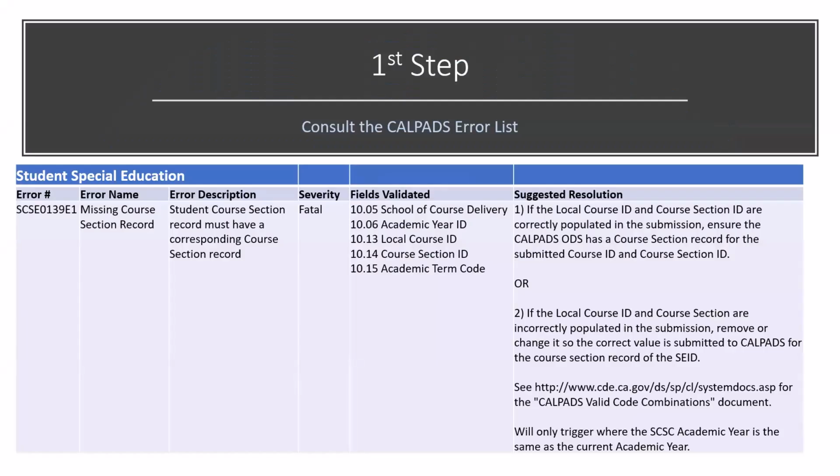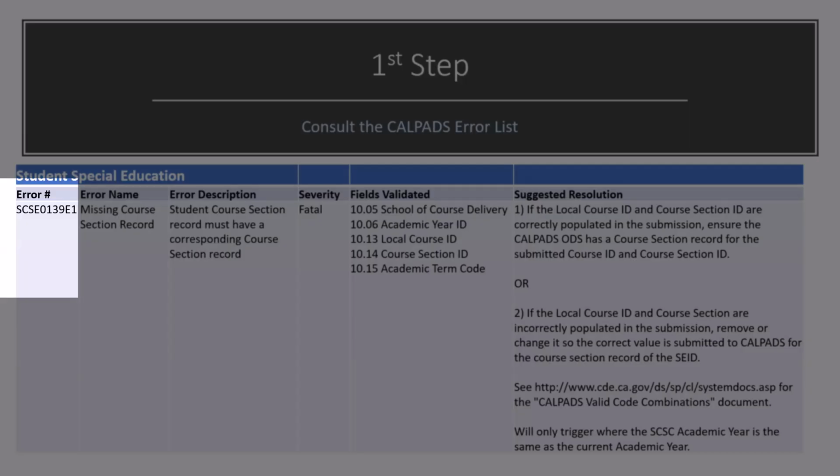As always, the first step when troubleshooting any error in CALPADS is to consult the CALPADS error list. We have before you a screenshot of the error list from the Excel version found on the system documentation page. Of course, you can always access the error list in the form of a troubleshooting guide in the CALPADS user manual. So from left to right, the first column is the error number, and you can see the name